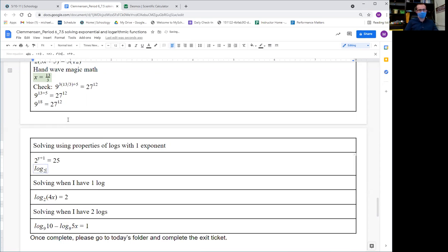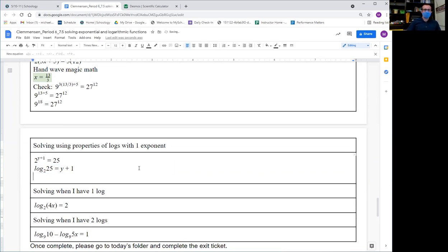Log base 2 of 25 equals y plus 1. Change it into my log form, just like that. Move the 25 over here, the exponent over to the other side. Correct answer. What's my next step? I subtract 1 from both sides. I get y equals log base 2 of 25